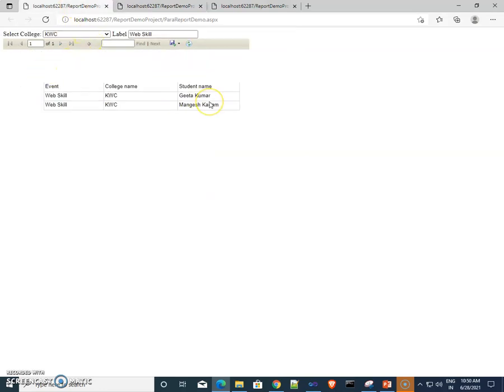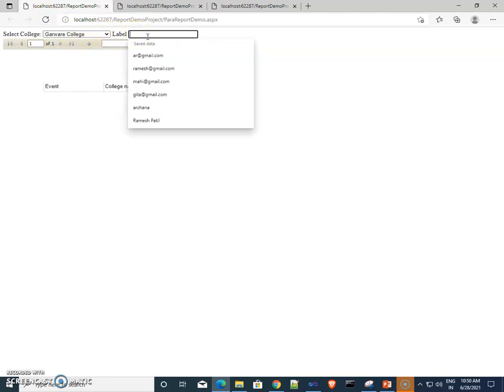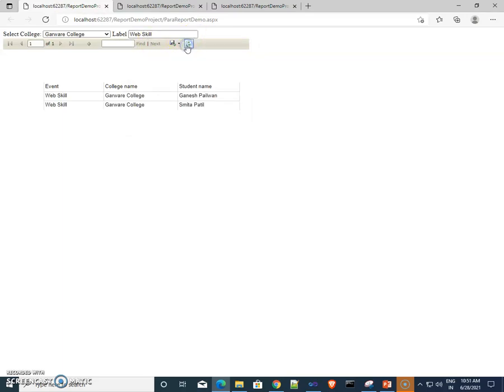Then we have seen parameterized reports. Inside a parameterized report, you take the inputs from the user, and according to the user inputs our data is filtered. According to user inputs, the report contents are dynamically changed. So this is the parameterized report.